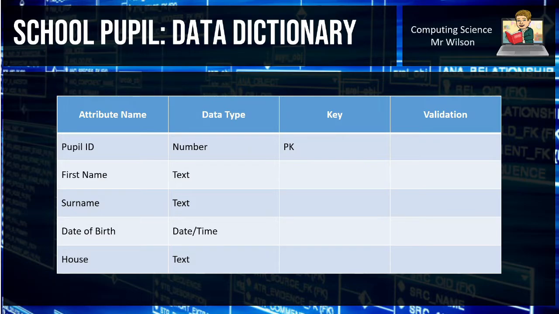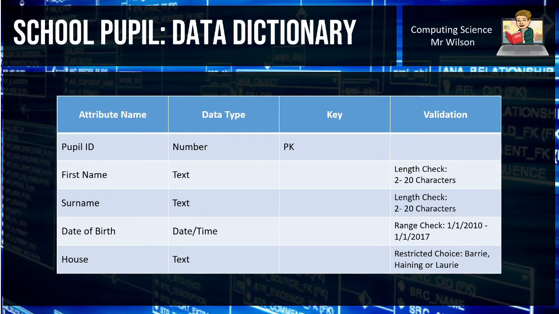Remember, this is because each pupil has got a different pupil ID, so it will uniquely identify each row in the table. We also have to include details of any validation required in the validation column. We need to state the type of validation used and also any additional information. For example, we might want to add restricted choice validation to the house field so that it can either be Barry, Herring or Laurie. We may want a length check on the name fields to ensure that they're between 2 and 20 characters long. Our date of birth field needs to be within the years of school pupils, so we'll need a range check. And because our pupil ID column is our primary key, we want to make sure that